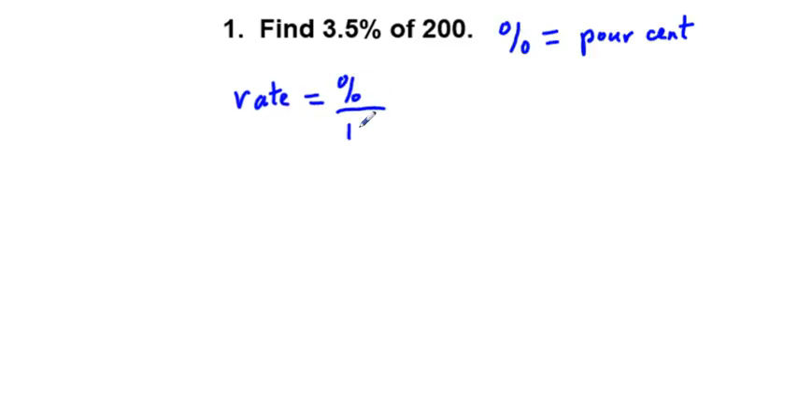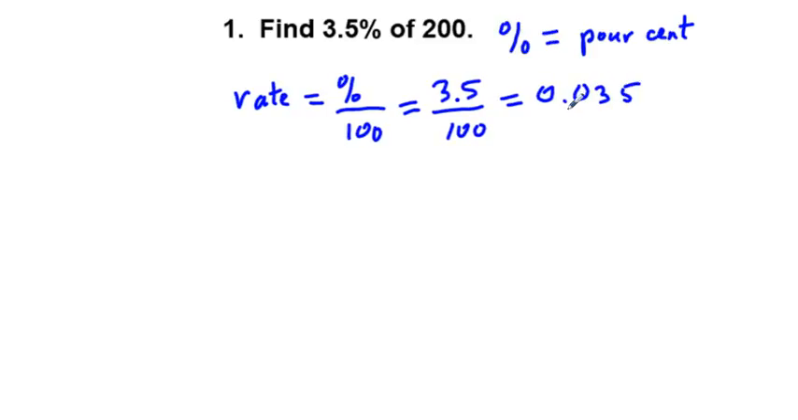Problem number 1, find 3.5% of 200. Well, percent comes from the French pour cent, C-N-T, which means for every 100. So we're finding 3.5% of every 100. We can change this 3.5% to a rate. To get the rate, we take the percentage and divide by 100. So in this instance, we have 3.5 divided by 100 to get our rate,